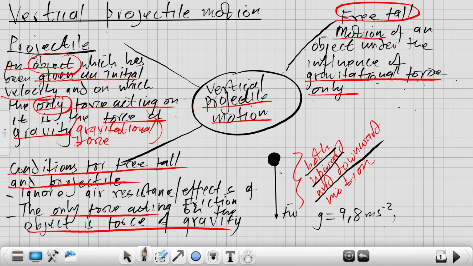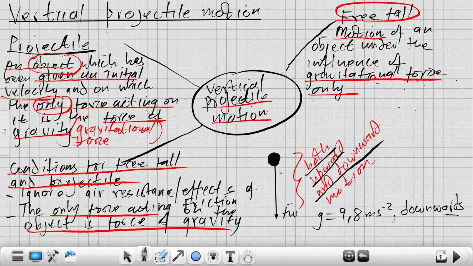What will be the direction of this value of g? It will always be downwards. So these are the basic concepts that we need to know before we can attempt to do any complex or simple calculations. If we understand these basics, if we understand why we consider an object as a free fall, why we consider an object as a projectile, it allows us to build into what we call